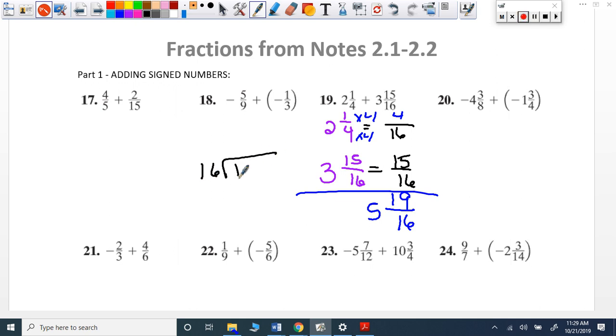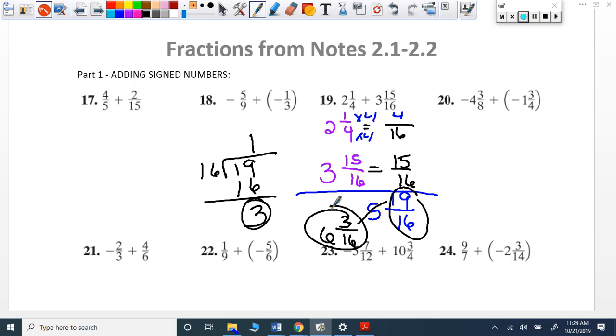19 is bigger. Since 19's bigger, there is at least one more whole number. Right, if I divide this out, 16 goes into 19 one time with 3 left over. So that one time makes the 5 a 6, and then your 3 left over goes over that. Very, very good. Okay, so